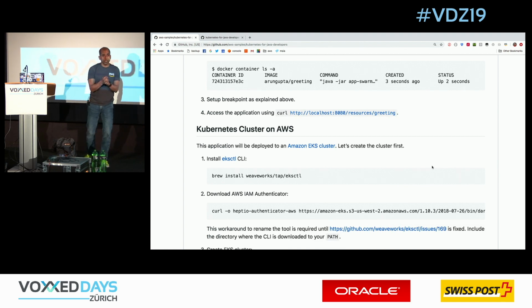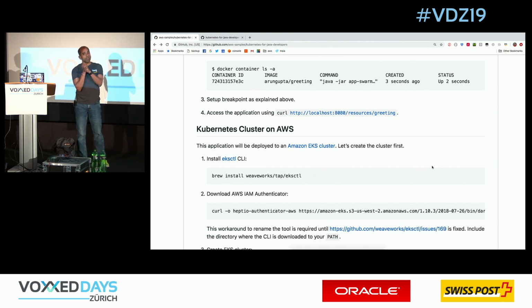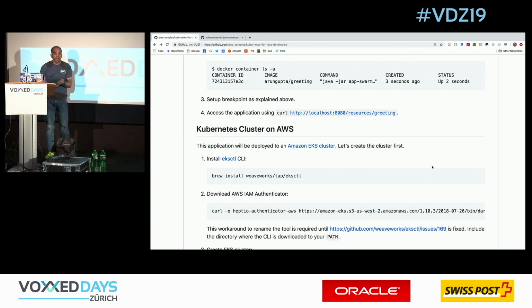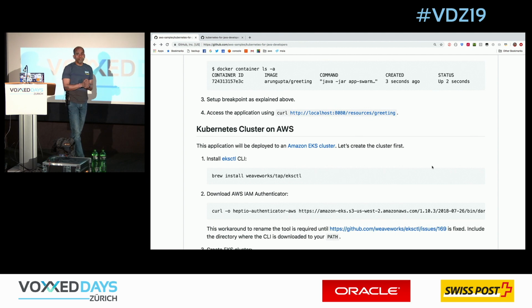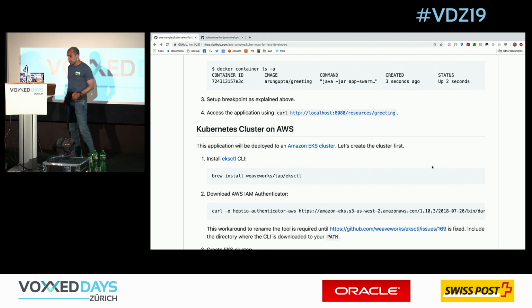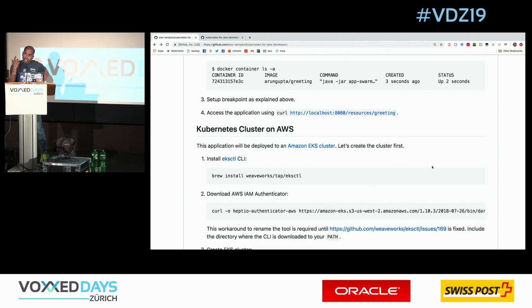But per the last CNCF survey, more than 50% of Kubernetes runs on AWS. And I work for AWS, so my preferred choice is Amazon EKS. Amazon EKS gives you a managed Kubernetes control plane on the cloud. So you go to the AWS console, choose EKS, and it creates a Kubernetes cluster for you. You bring your worker nodes, attach them to the Kubernetes control plane, and voila, you've got a fully managed Kubernetes cluster over there. Okay. Well, that's one way.